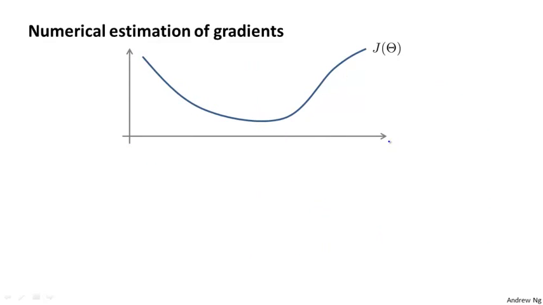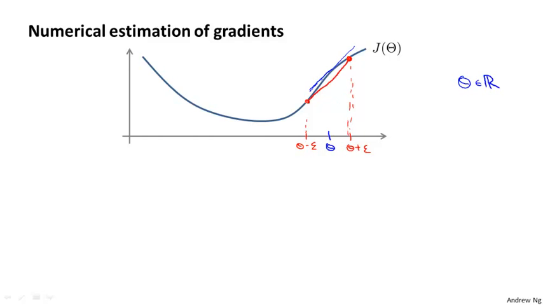Suppose I have a function J of theta, and I have some value theta, and for this example, I'm going to assume that theta is just a real number. And let's say I want to estimate the derivative of this function at this point, and so the derivative is equal to the slope of that tangent line. Here's a procedure for numerically approximating the derivative. I'm going to compute theta plus epsilon, so a value a little bit to the right, and I'm going to compute theta minus epsilon, and I'm going to look at those 2 points